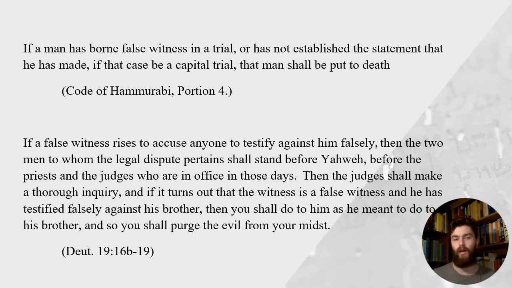So the judges are to make a thorough inquiry and to search into the matter rather than just killing them effectively. What's more, it's not so that the false witness suffers the death penalty, but instead that anything that he meant to do to his brother is to be done to him. So the idea of eye for eye, tooth for tooth here, lex talionis, that could mean that if he was trying to rob him of his land, he would then give his land. If he was trying to rob him of cattle, for example, he would give him cattle.